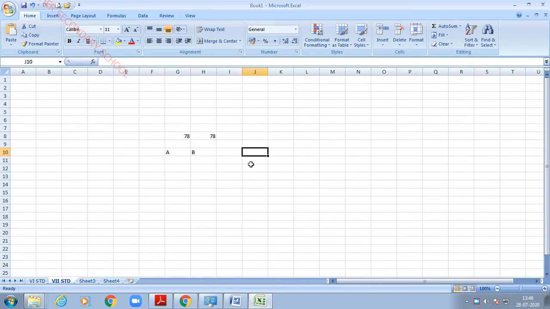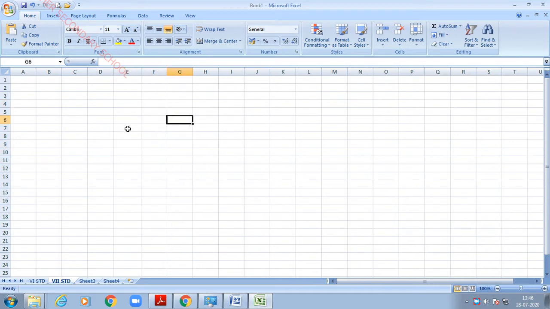Let us see how to calculate the values. Before that I will tell you which is the column name and which is the row name. This is called a column name, this is called a row name. I am mentioning the column name and row name because only then can we find the cell address. For example, now I am placing the cursor here.